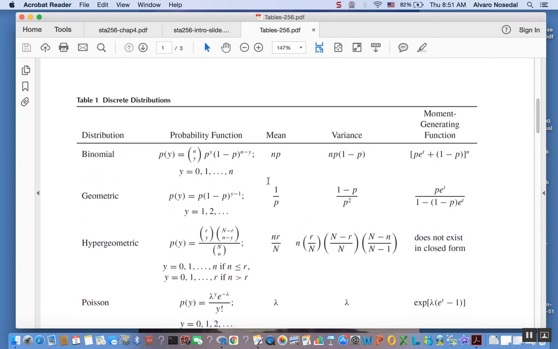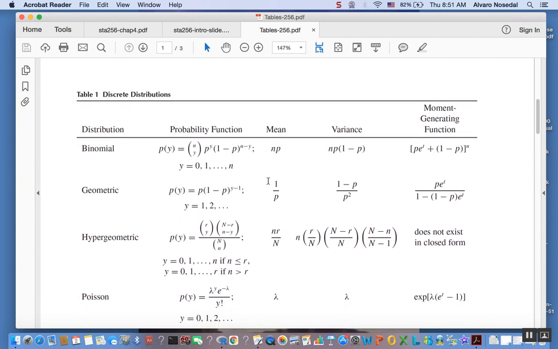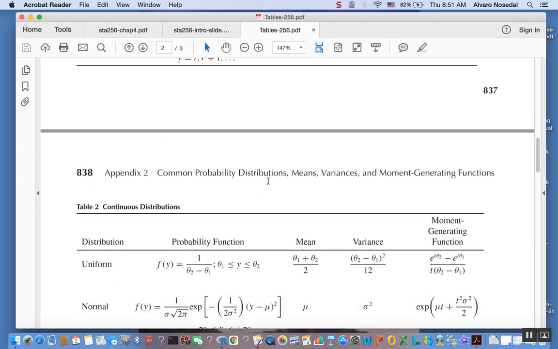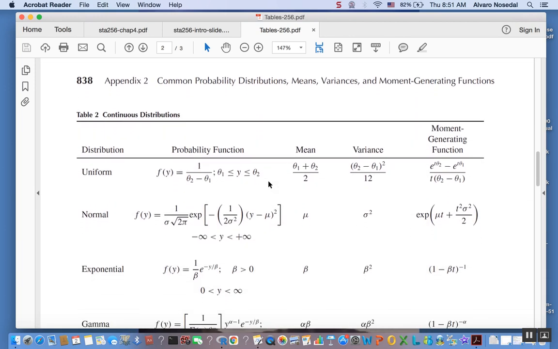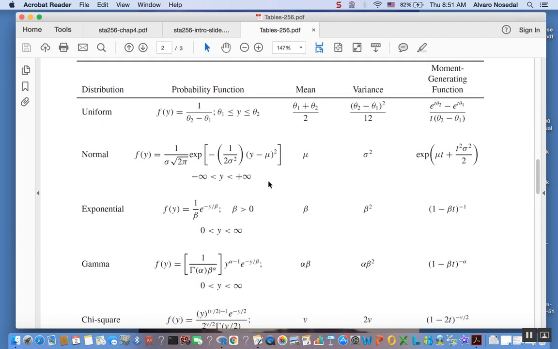In this case you have the most popular discrete distributions, and on the next page you will have the most popular continuous distributions, among them the uniform. So since we're talking about a uniform over the interval 0, 1, it's going to be 1 over 1, which is just 1, right? If the random variable y is between 0 and 1, right? Okay, so